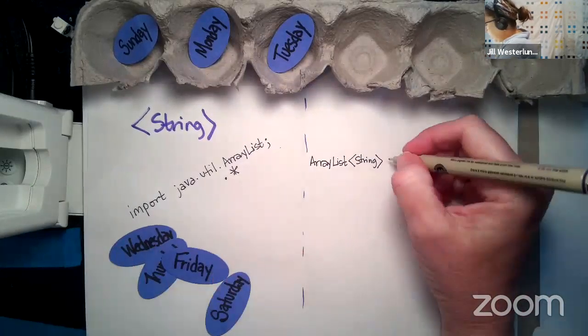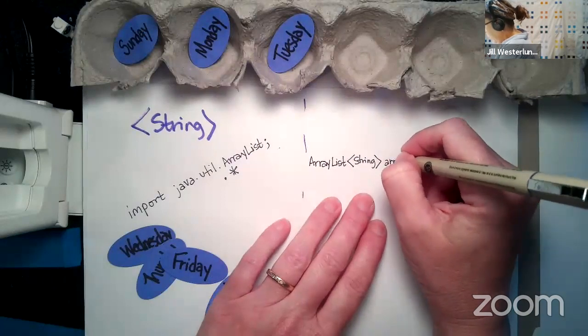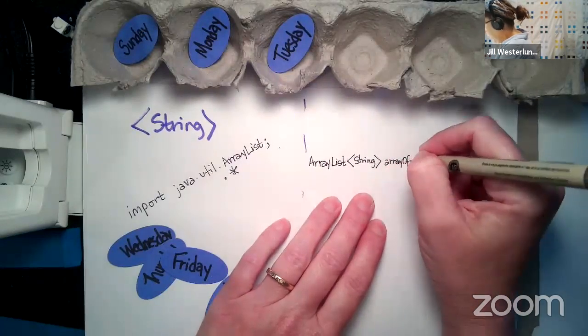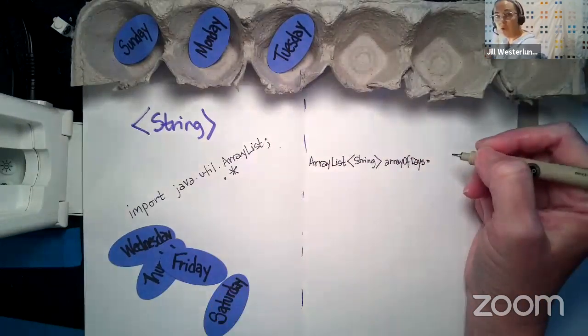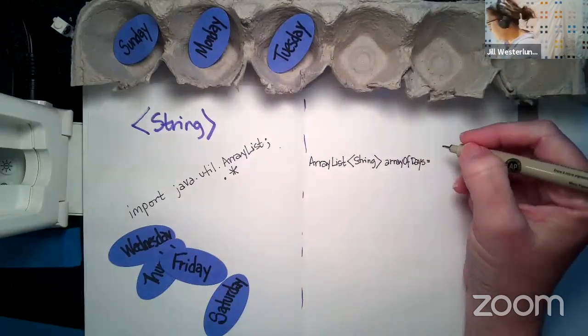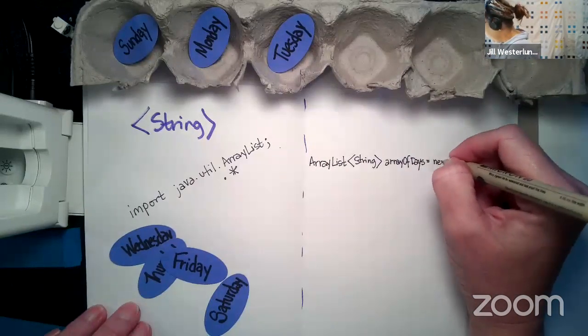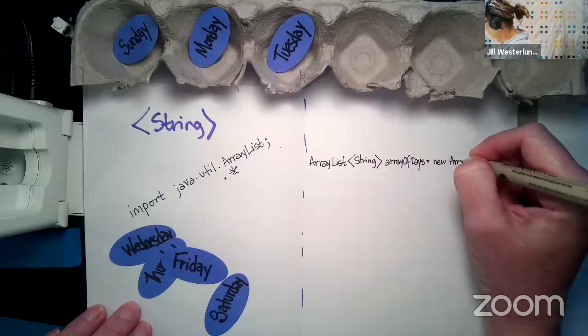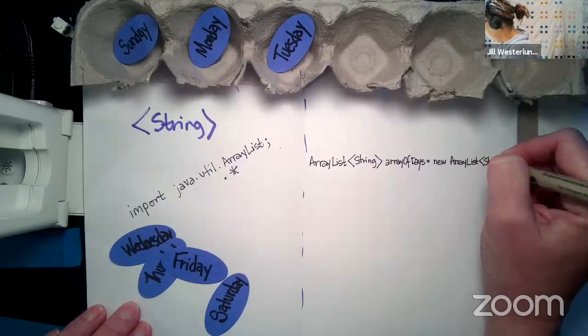So we want to name it something. In what I told y'all to do, I called it an array, and in my classroom I call it an array of days, and that's really a long name. So you may just want to call it days when you make yours. That would be a better edit. And it's going to be a new array list. And this is going to be the same for everyone that you make this week.